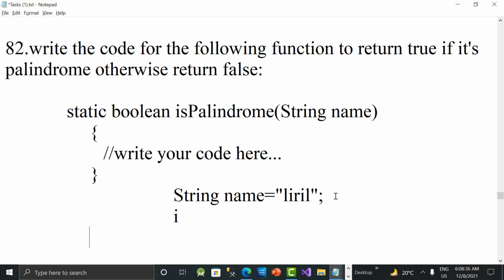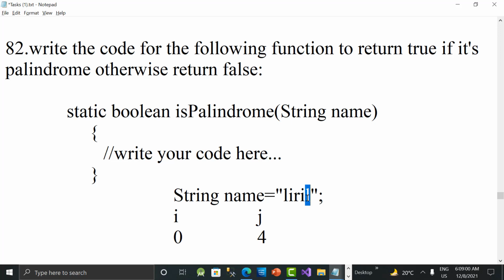Suppose i value is 0, referring to the first letter L, and j is length minus 1. If length is 5, 5 minus 1 means 4. So we are checking the 0th letter and the 4th letter.